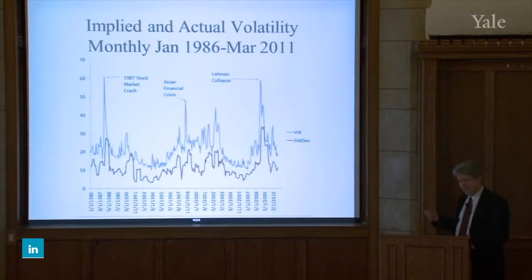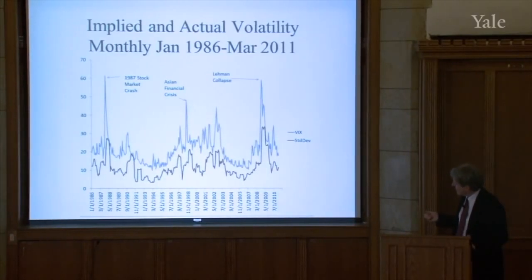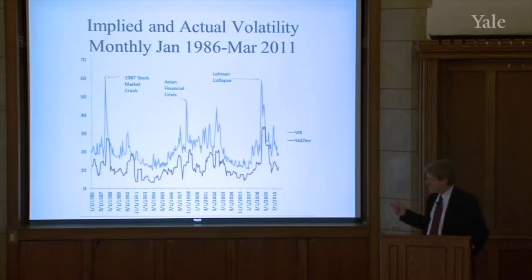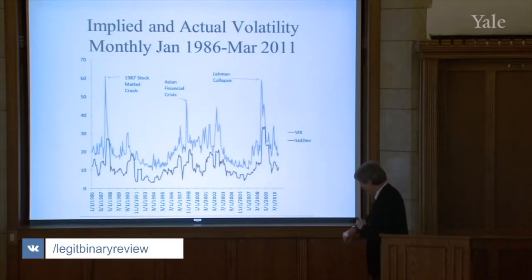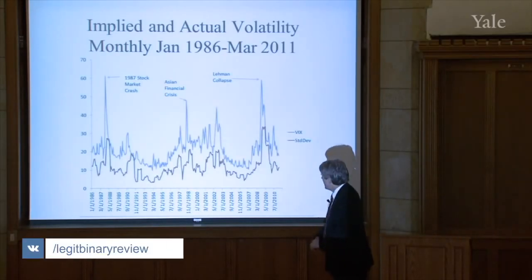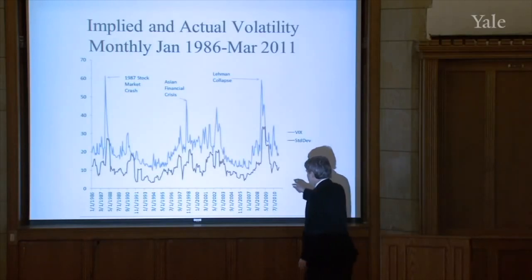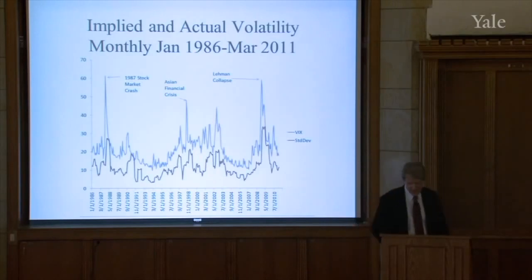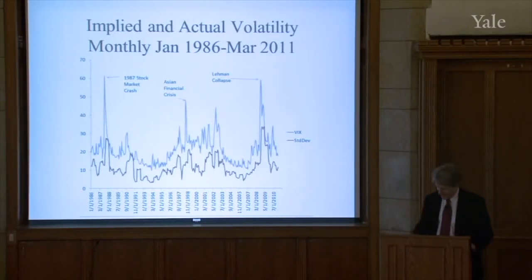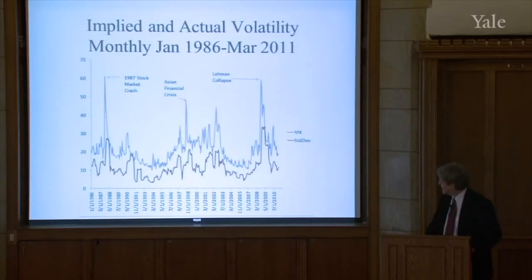So implied volatility, you can't ask easily from this chart whether it was right or wrong. People were responding to information, and the response felt its way into options prices. There's no way to find out ex post whether they were right to be worried about that, but they were worried about these events, and it led to big jumps in options prices.